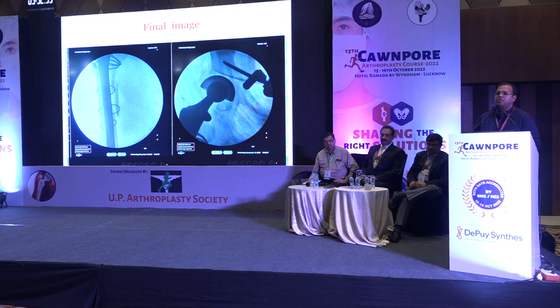I used an intraoperative C-arm to check that I'm not perforating the distal cortex and to see if my things are in place. So this was the final implant. There was talk of dual mobility for these kinds of fractures. I prefer to use a bipolar cup because these are low demand elderly patients and I feel protrusion may be a problem, but a large bipolar cup gives me confidence of a low dislocation rate.